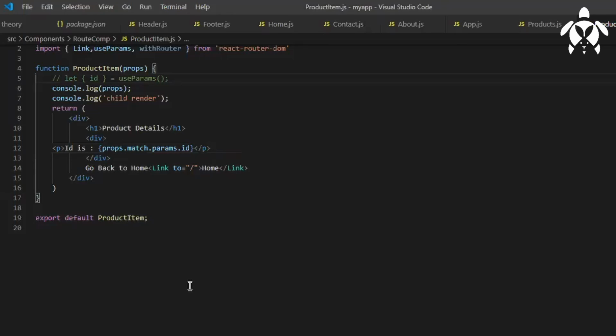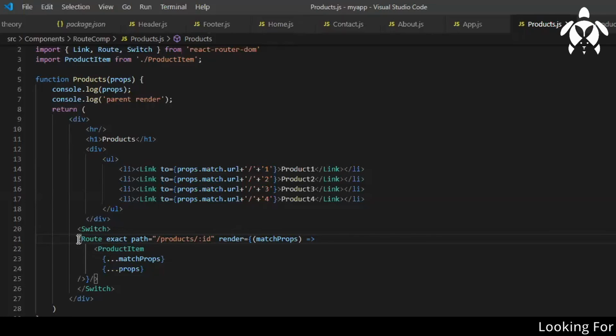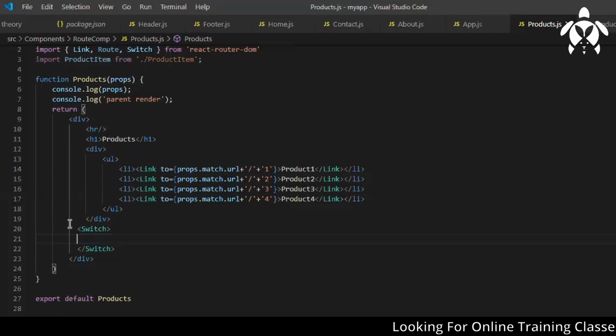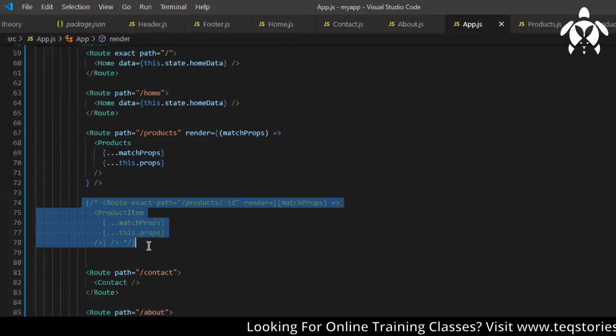So now in here, I'll update it like this with withRouter. So it is a kind of higher order component. A higher order component always takes a component as a parameter. Okay, so now let's say I have used this inside Products.js only, right? It is showing just below the products, but I don't want to do that. I want to have this in my App.js file. I'll go to my App.js file. Okay, let's say this only.